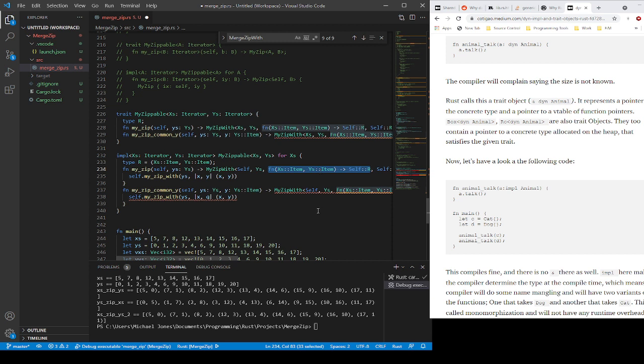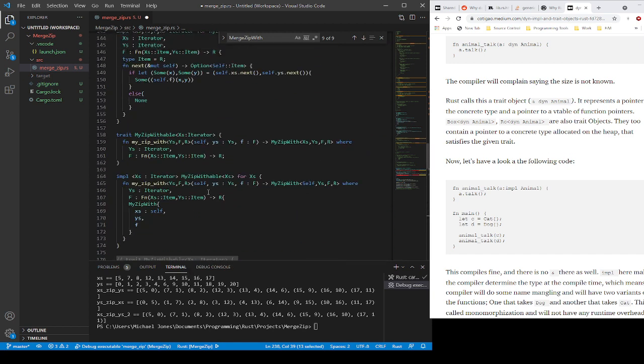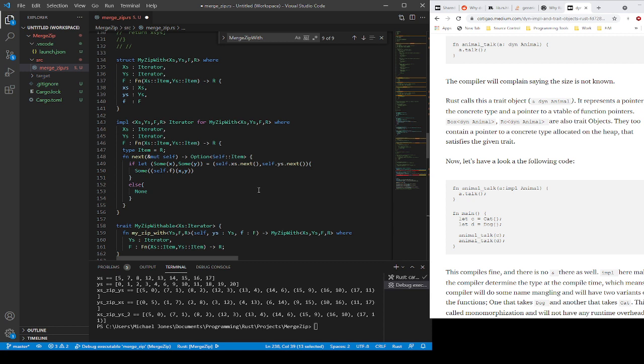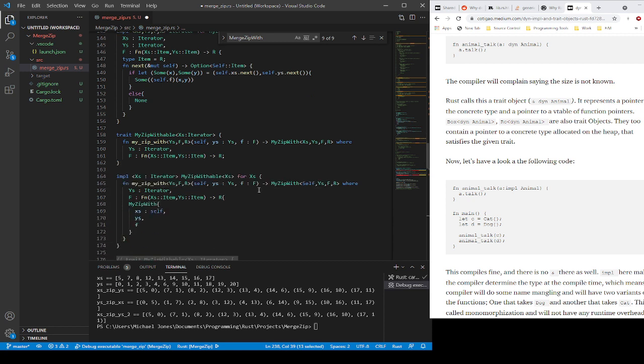Where does that put me? Well, the problem is I can't know the type that I want to give to my zip with until here, at which point my zip with would then take that parameter and perfectly happily pass the check